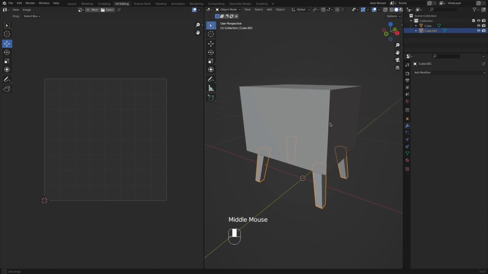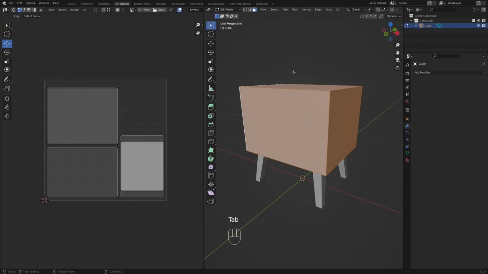Let's combine this all together with the top part to make one object. Hold Shift and click on the cube. Then press Ctrl J. Now let's press Tab again, then press A, and you can see that all our elements are displayed in the